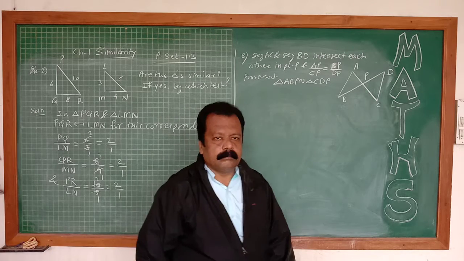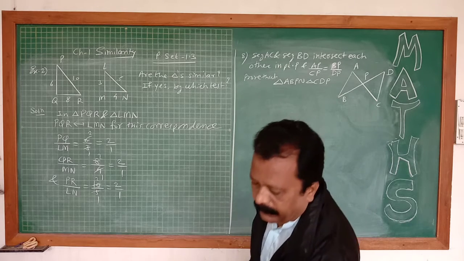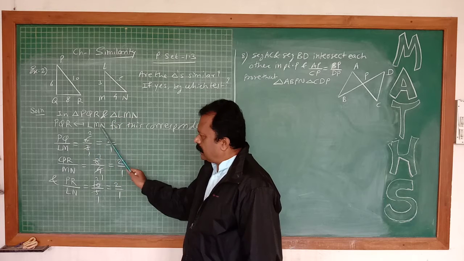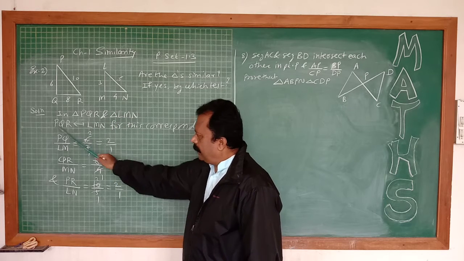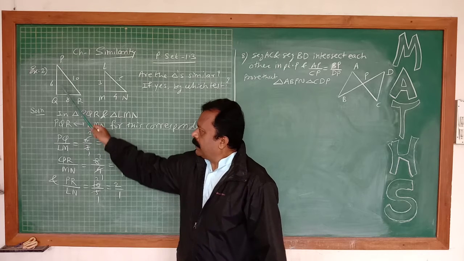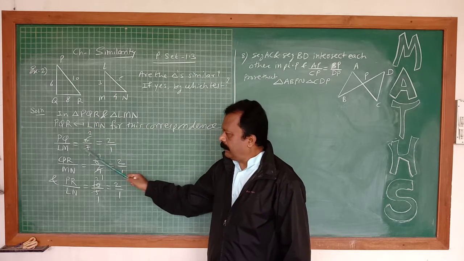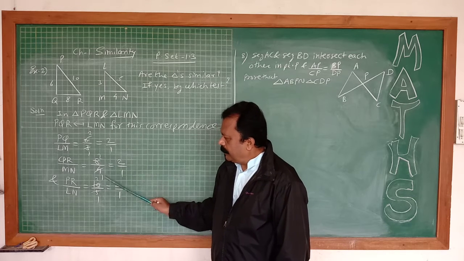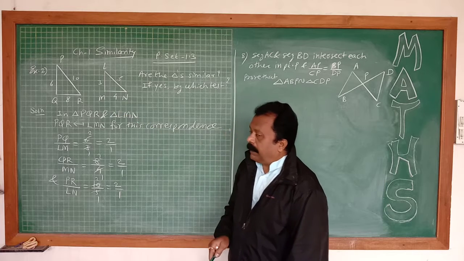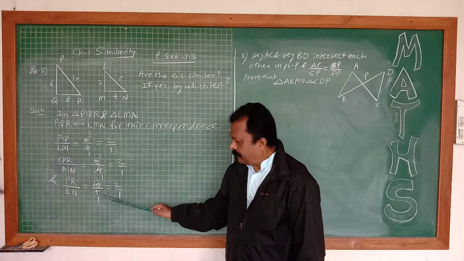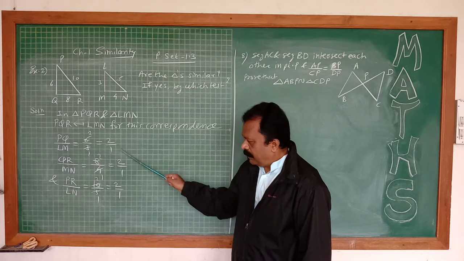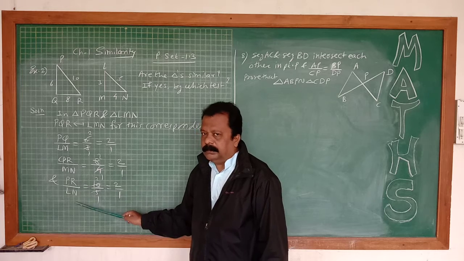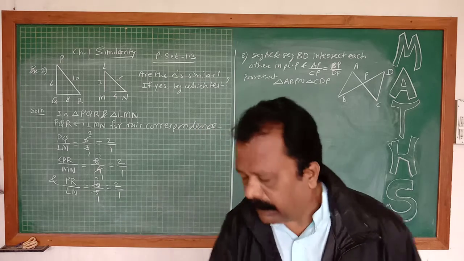See now, all the ratios I have taken. These are the corresponding sides of the two triangles according to this correspondence: PQ and LM, QR and MN, and PR and LN. Now PQ upon LM is 6 upon 3, which is 2:1. QR upon MN is 8 upon 4, which is 2:1. And PR upon LN is 10 upon 5, which is 2 upon 1. All the ratios got the same value. So these corresponding sides are in the same proportion. Therefore, from 1, 2, 3,